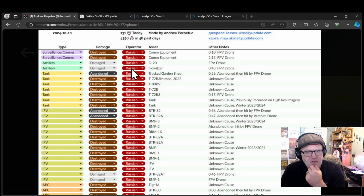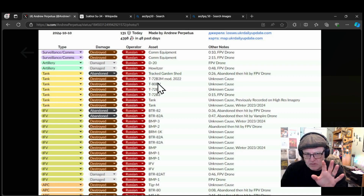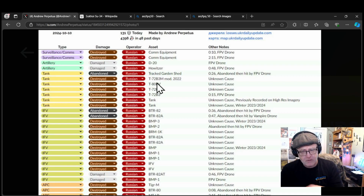Some people lately have been saying that actually the Russians really are chomping through the old D20s and D30s at the moment. They're having a bit of an issue with stockpiles of older howitzers. There's a lot of shelling, although none noted today. There's only 2 artillery and it's not shelling, but it's been noted that there's more shelling on artillery, which means counter battery fire appears to be effective